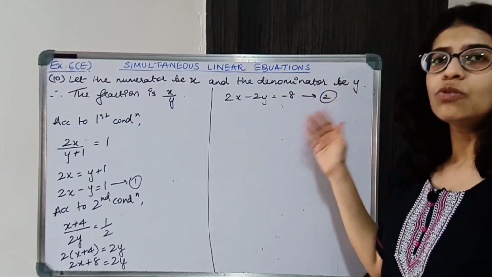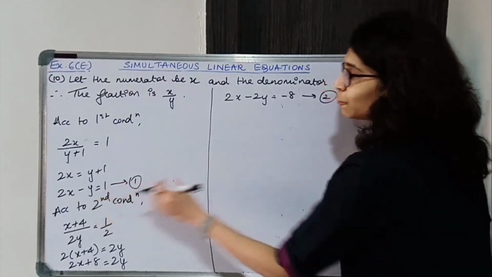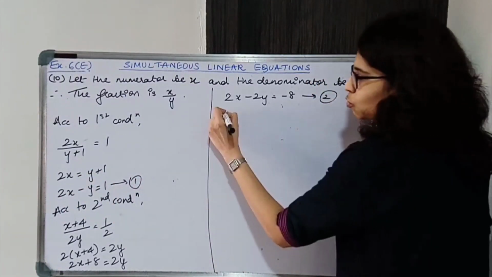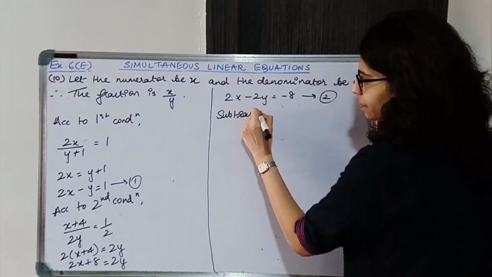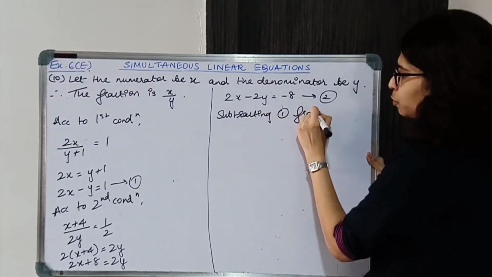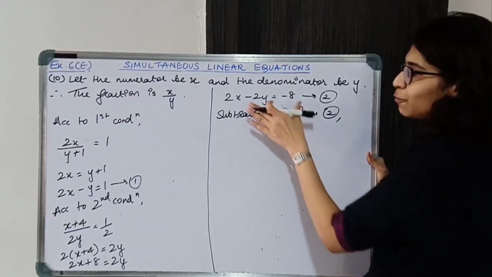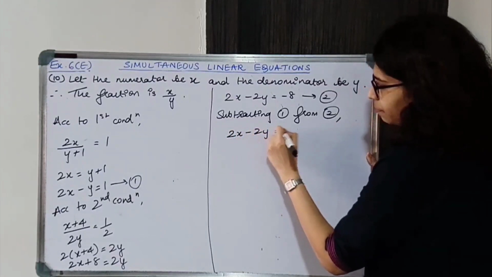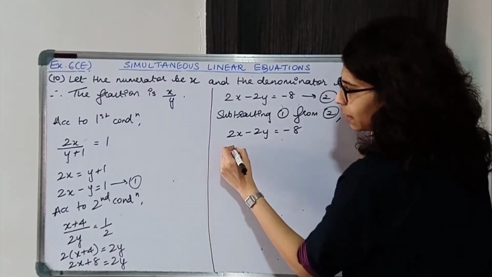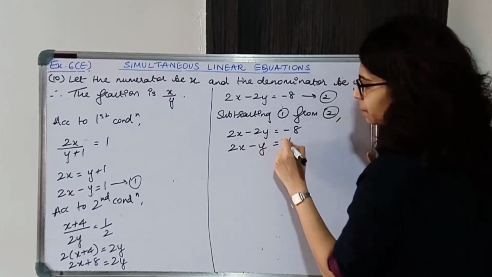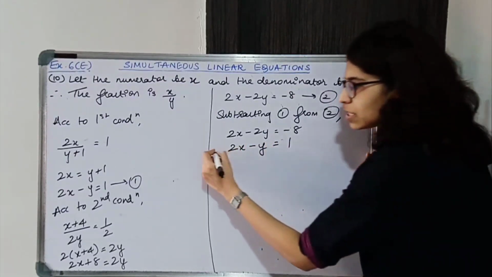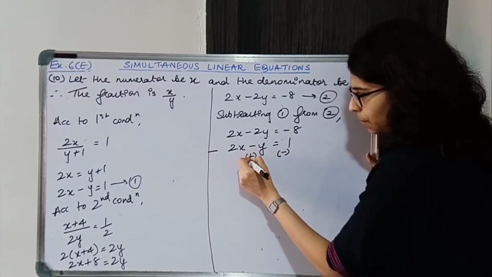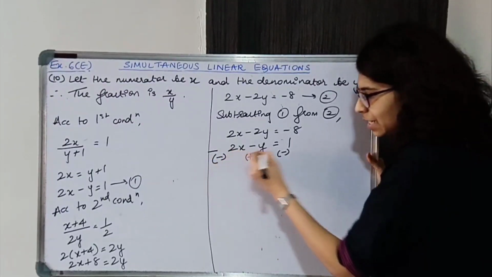So subtract 1 from 2 or 2 from 1, I'll be subtracting 1 from 2, so I'm subtracting this, so signs of this equation will change. Since we are subtracting from 2, we'll write 2 first and 1 we'll write afterwards, the one that we are subtracting. Now the signs are going to change since you are subtracting the equation. So plus becomes minus, minus becomes plus and plus becomes minus. These are the new signs.